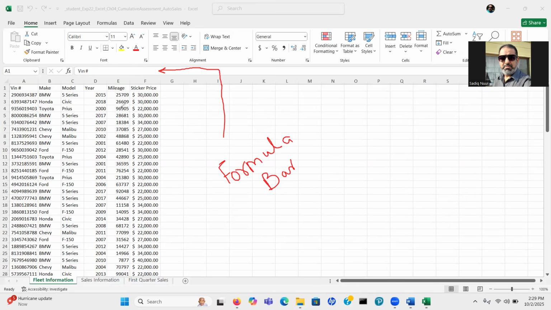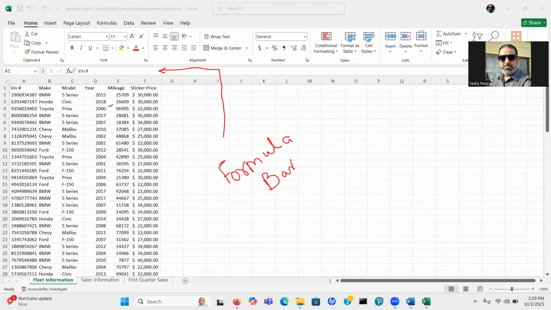So for all these numbers, if I move my cursor over one, it's going to show me the number in the formula bar. If you have used any number or a formula, it will be displayed in the formula bar.